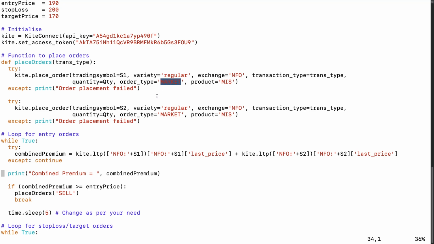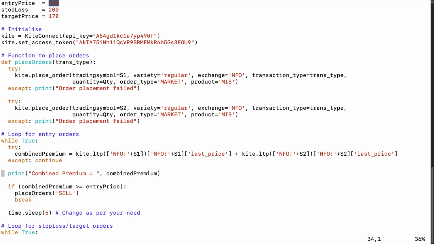If you want to avoid some slippages, you can mention your entry price a little bit higher, so that you won't have as many slippages because you have given the prices a little higher.